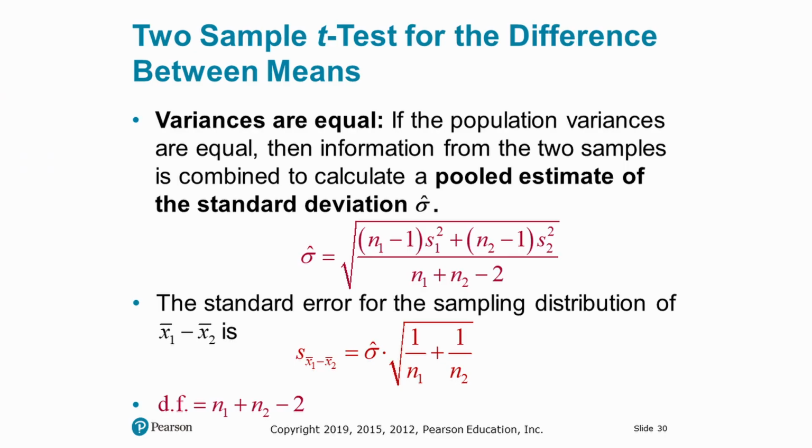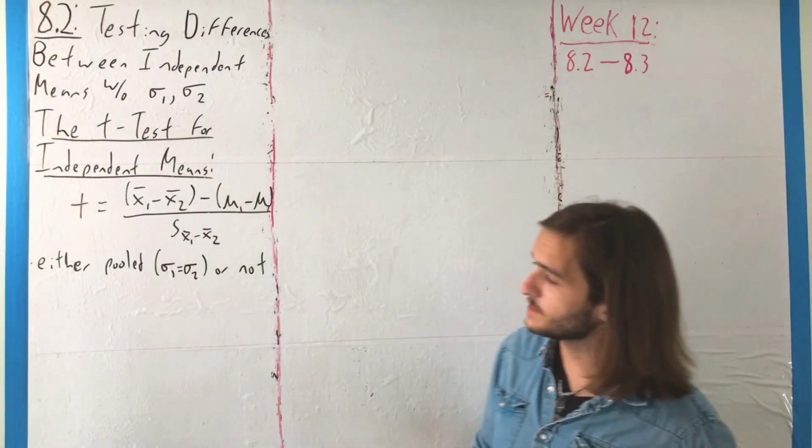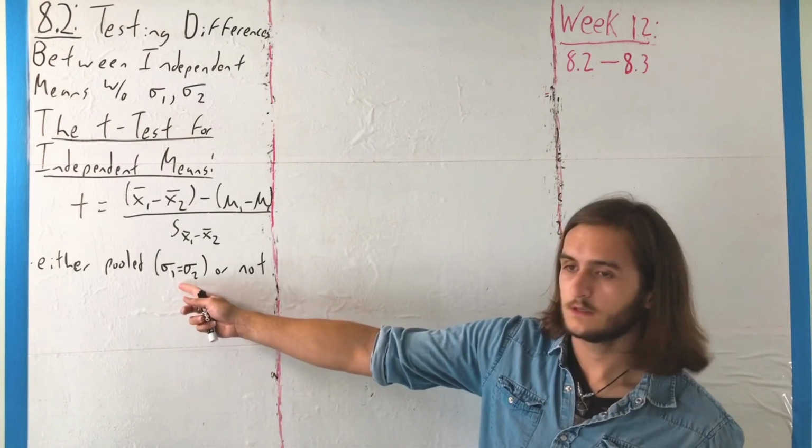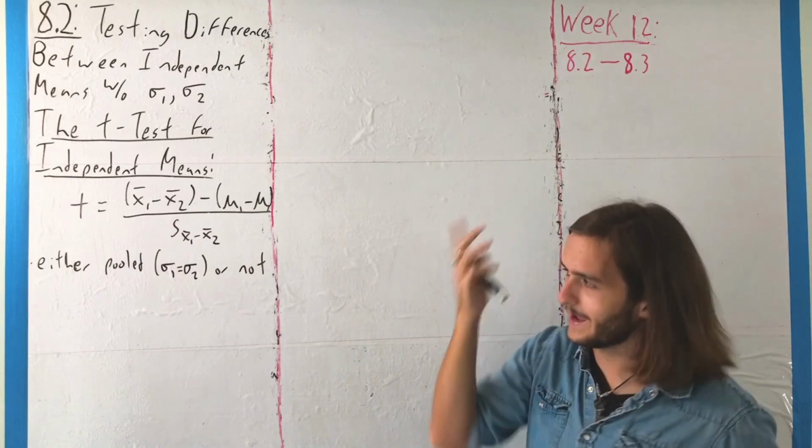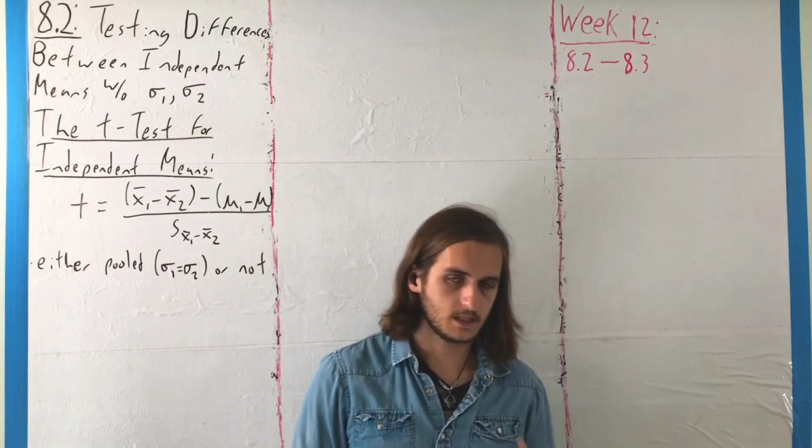In that case, we end up with the standard error having the behavior s x1 minus x2 equal to that pooled estimate sigma hat times the square root of 1 over n1 plus 1 over n2, and we have degrees of freedom equaling n1 plus n2 minus 2. So if you see that the sigmas are equal or pooled, then you know that that's the process you have to follow, which is kind of a nasty one